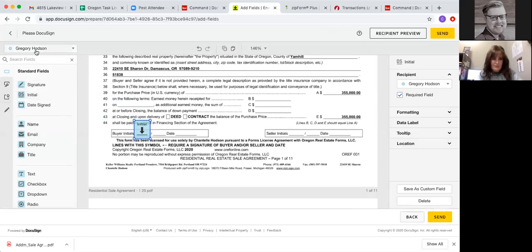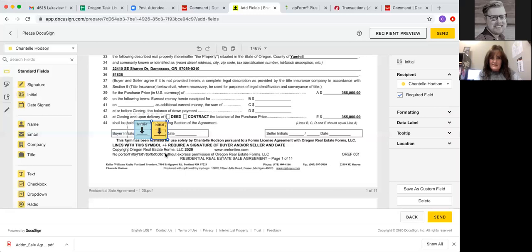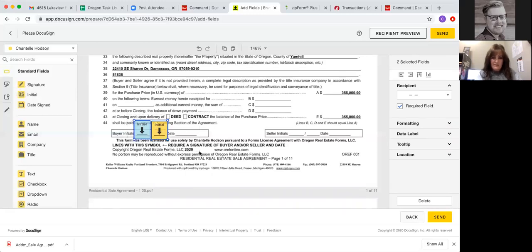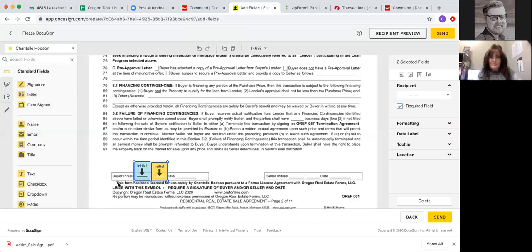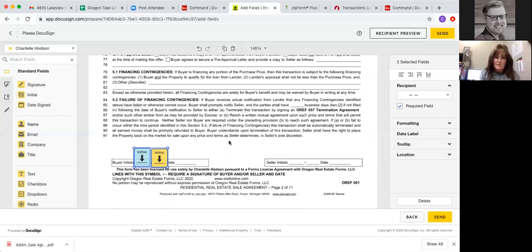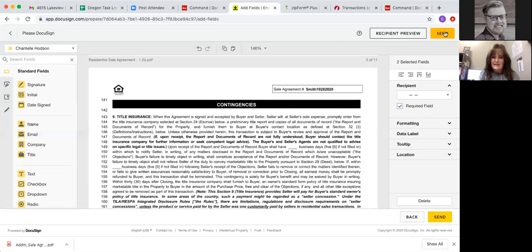And once you've put them in where they are supposed to go, all pages are pretty much the same. So again, bring that box over, copy it, move to the next page, and it pastes and it puts it right in that same spot. It'll make it so much faster getting through here. So just go through it, make sure everything is the way you want it to be, page by page. When it's ready to go, you would hit send, and it will actually send it to them for signature, and it's ready to go. Any questions